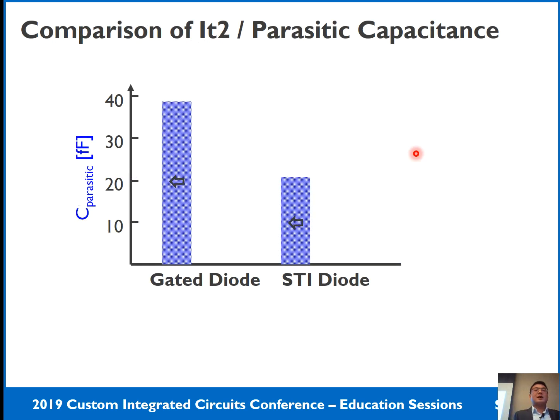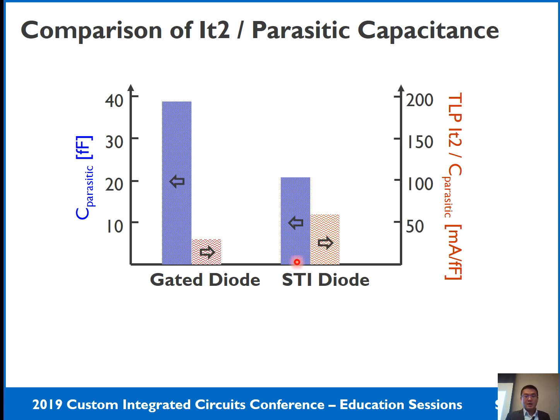Then let's look at the IT2 and the parasitic capacitance in these two different diodes. Compared with the gated diode, the STI diode only has 50% of the parasitic capacitance, with a 10 to 20% higher IT2. So this IT2 per parasitic capacitance will be more than 2 times higher in